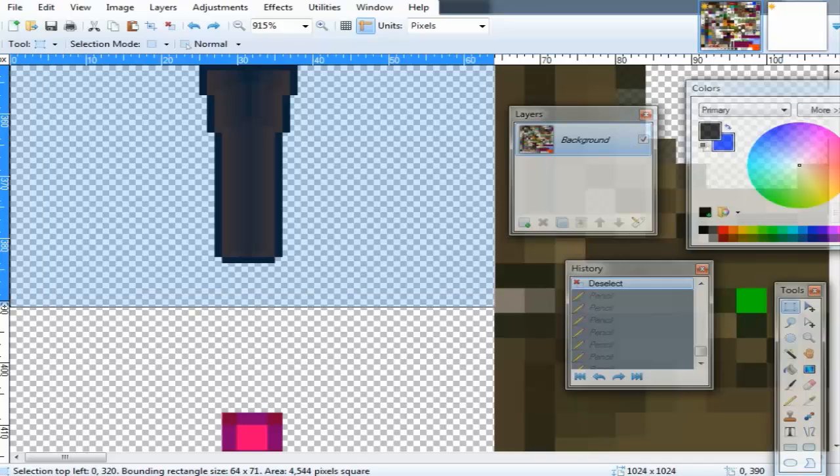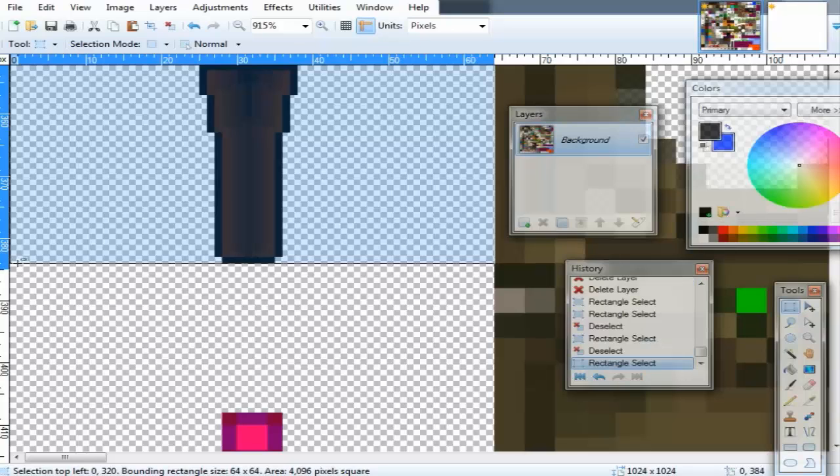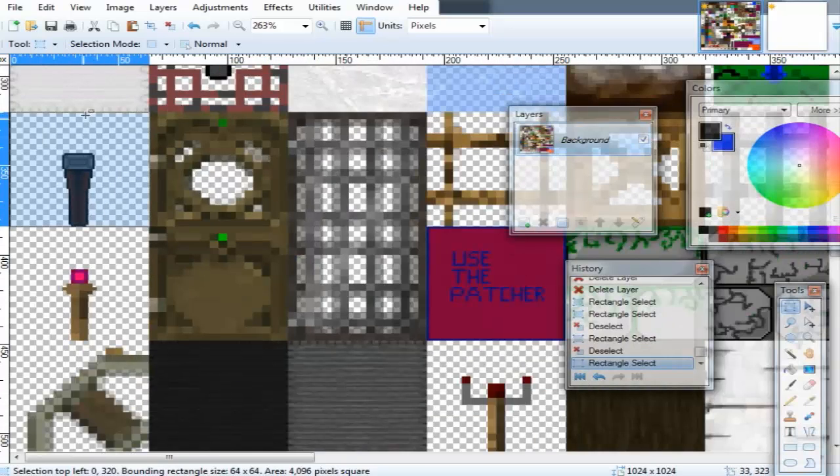So here I'm just highlighting how many pixels I have chosen, and here is 63 by 64, 64 by 64, and a highlighted area of 4096 pixels. And that's how you find out how many pixels are in the area that you've chosen